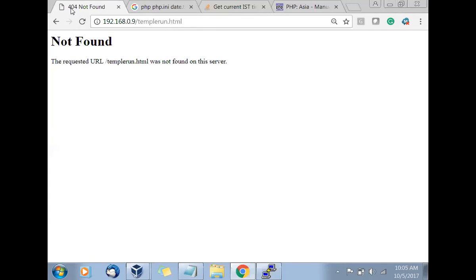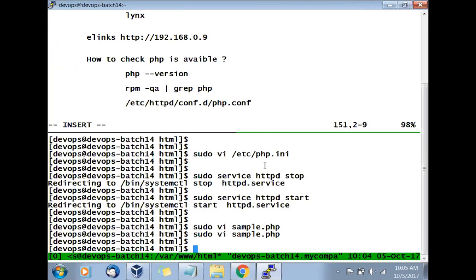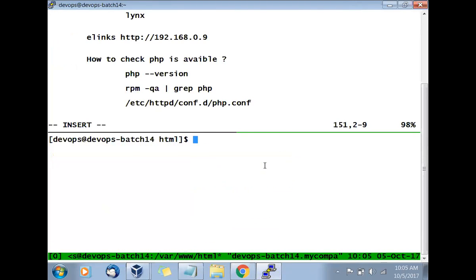Now you'll say, okay, I understood that, but where is the list of errors? The list of errors is available in the configuration file. Let's go and see that. So we'll go with the web server configuration file. Where is the configuration file? /etc/httpd/conf/httpd.conf. Now I'll open that file and search for the error. No need for sudo, I'm just reading and I don't want to change anything. Read is okay, so that's why I'm only using vi, not sudo vi.